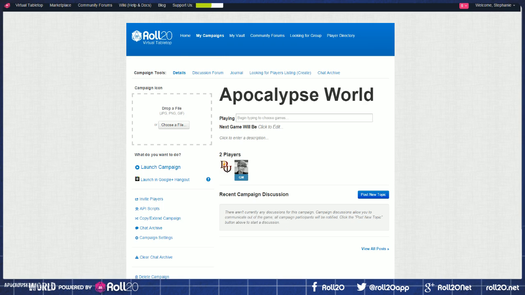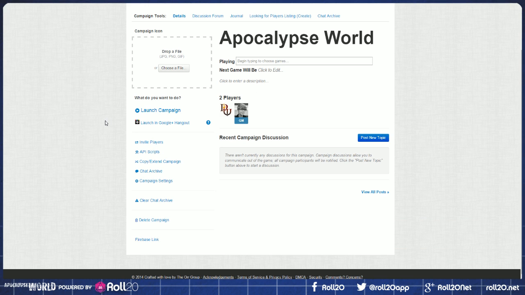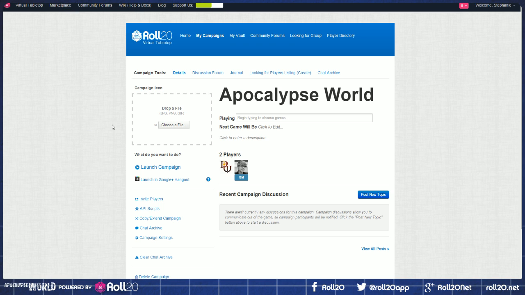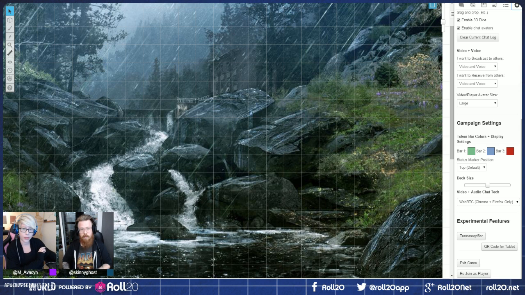So cool. You can add a campaign icon if you want to, so we add a spooky image that goes along with whatever we're doing. And filling out these details are more for this looking for group page. If you did ever want to go back in and edit any of that CSS, HTML stuff within the character sheets, that's located in this campaign settings, and there's a lot of other options here. I have a few extra because I'm a dev. So yeah, let's switch back over to our camera screen and talk about Apocalypse World